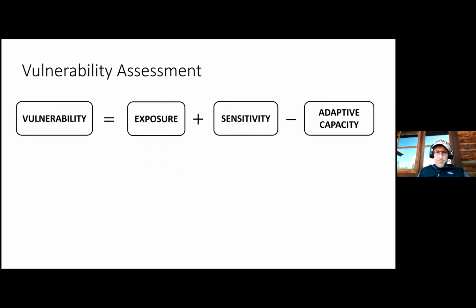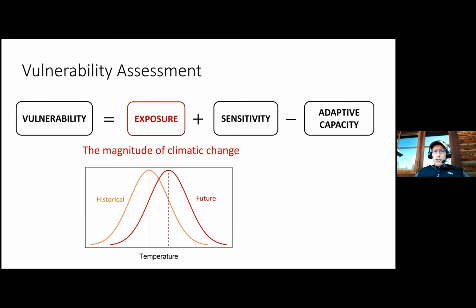So what we're really talking about here is a vulnerability assessment. It's a way to identify areas that are at risk or maybe not at risk and prioritize future threats. We often use this expression to break the concept of vulnerability down into 3 components. First component is exposure. This is just the overall magnitude of change in the climate. This is probably the easiest one that we have to measure. How much warmer do we expect it to get? How much do we expect precipitation to change? As you'll see, John Bradford will also talk about soil moisture.